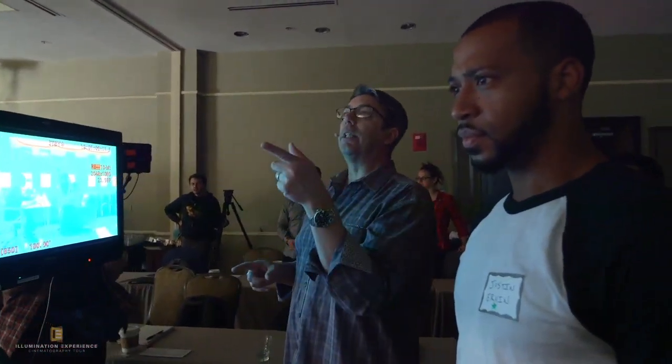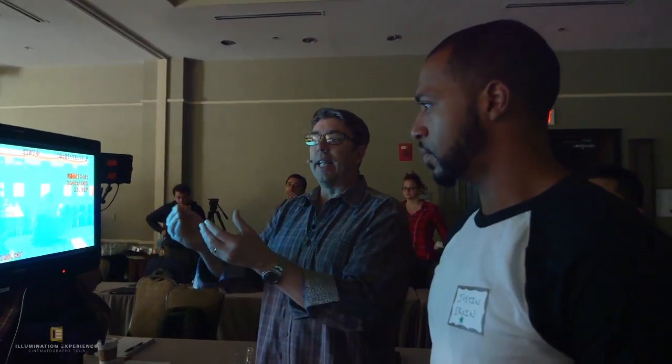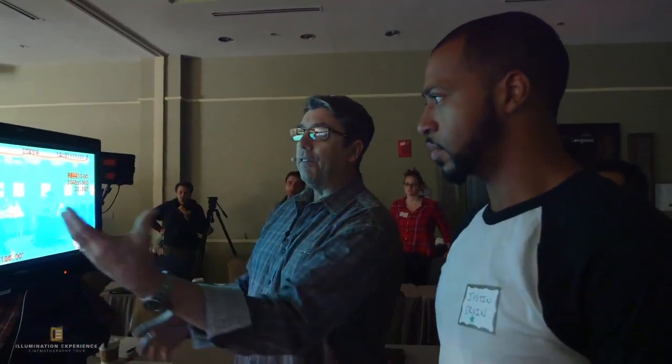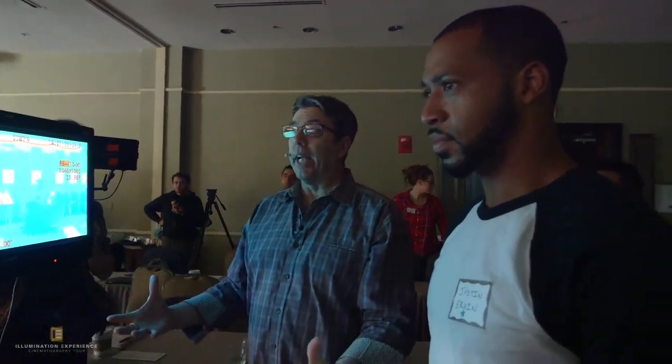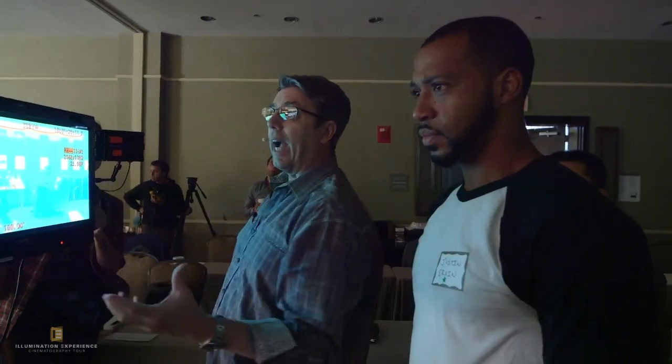On the lens, we're a T2. By just changing the lens to get you to the 2, now we have an open feel. It feels like we're actually in a plane. There's some ambient light going on in the plane as well, and also the windows are blowing out very nicely.